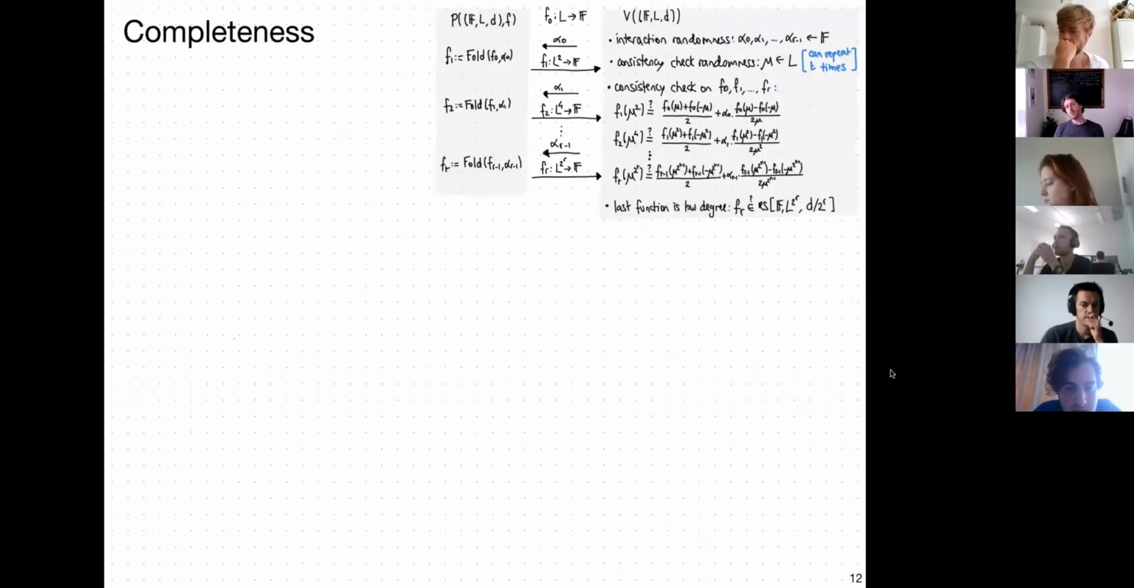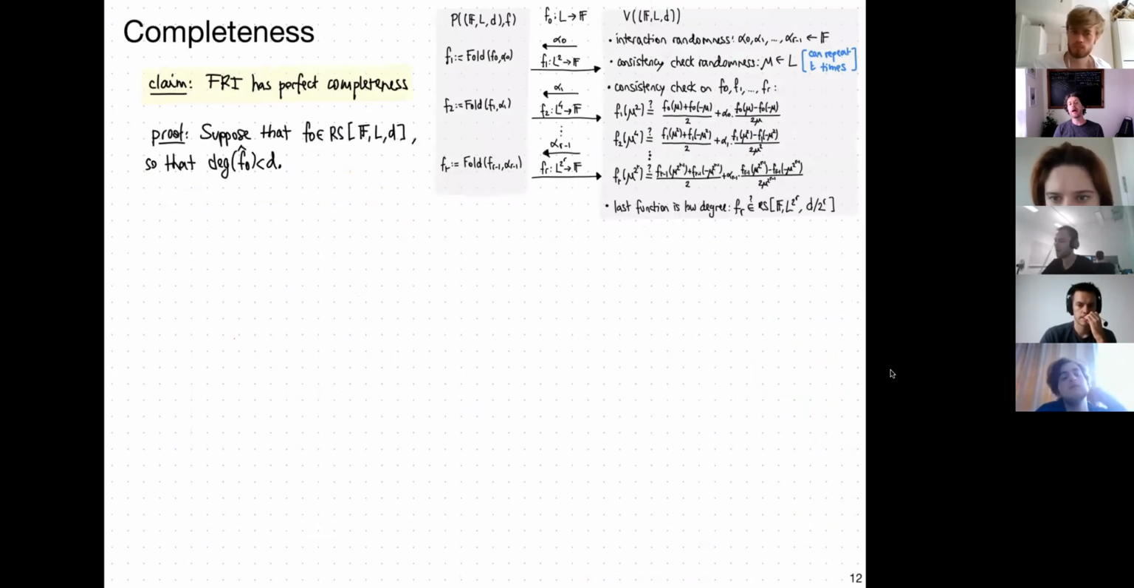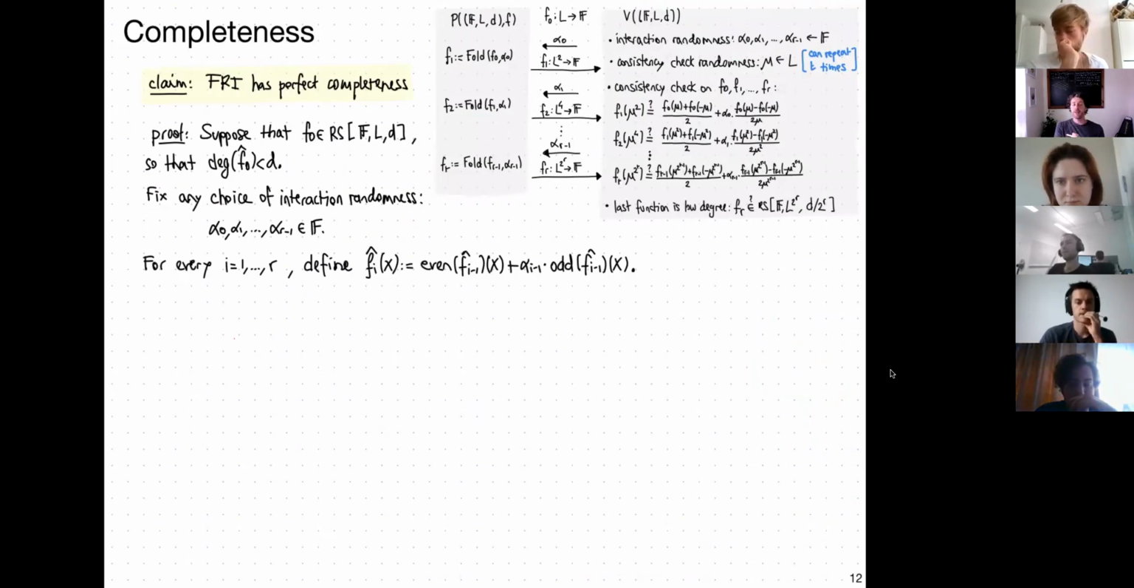And let's first start with completeness, because the completeness is, as always, nearly trivial. It's just a way to refresh our memory of what is happening. So the claim would be that this protocol, the FRI protocol, has perfect completeness. And that's true by construction, because suppose that the function f that we have has degree less than d. So fix any choice of randomness, it doesn't really matter. And then we know that for each one of them, when we consider the fold, taking a function to be even plus alpha times odd,